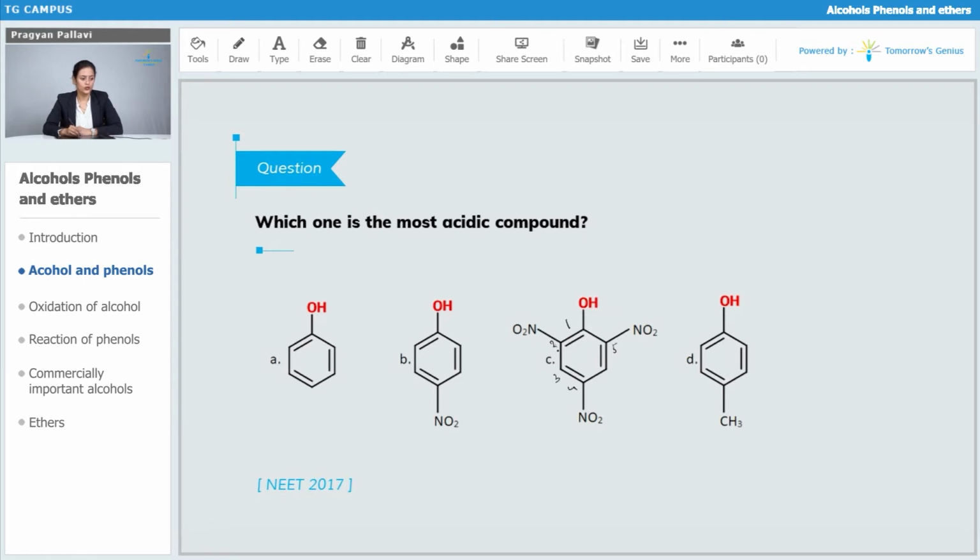So 1, 2, 4 and 5 position we are having this nitro group, and then we are having these methyl groups. For methyl group we know that these are electron donating groups, so it is going to destabilize the phenoxide ion formed. So anyway it is going to decrease the acidic strength of this phenol, so this option is anyway not the one. Now we have to choose between the nitro groups, because nitro groups are electron withdrawing groups, so it is going to